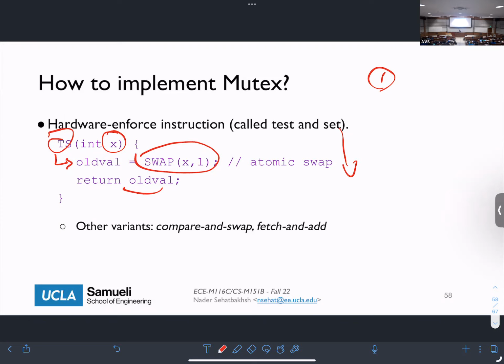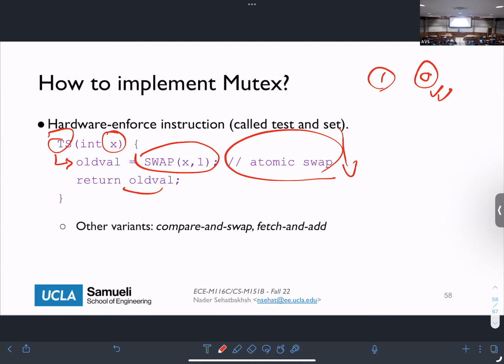But if the lock is actually equal to 0, now I'm going to swap 0 with 1, and I'm going to read 0, which means that, oh, the lock is available, it's for me. And I already write 1 to the lock as well, so nobody else can do that. And since this is atomic, it's guaranteed that only one processor can do that. So the other ones would read 1. Does that make sense?